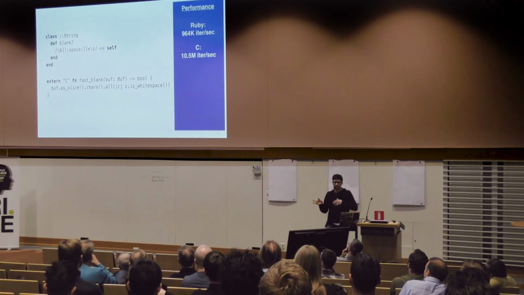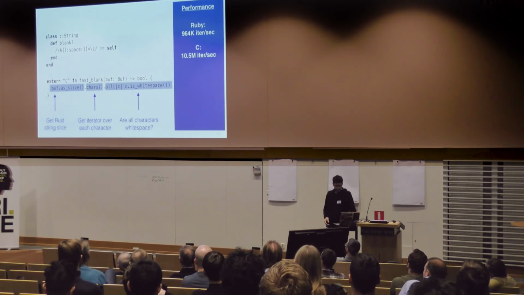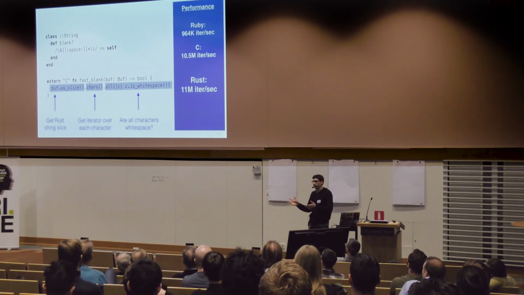Actually, I think this was his prototype. He was expecting to make it longer and bigger. This was just the "let's just get it working" version. It uses a lot of high-level stuff like the slice, which is like an array with bounds checking, an iterator over all the characters in that slice, a closure that tests if it's white space. But it all compiles down to, thanks to zero-cost abstractions, the same kind of code you saw in C, right? So it runs the same performance.